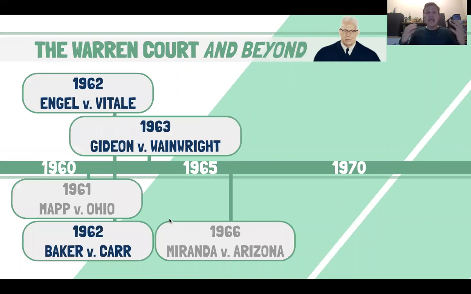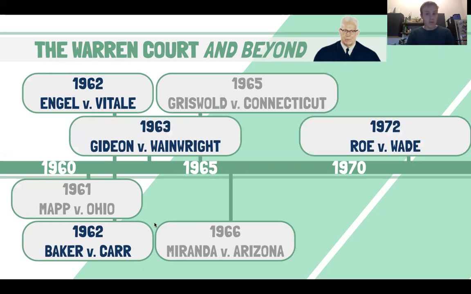Moving on, you have plenty of rulings from the Warren Court about the rights of criminal defendants. Mapp versus Ohio, that Fourth Amendment ruling about the exclusionary rule. And Miranda versus Arizona, the Miranda rights you're familiar with. Now, you don't need to know those two cases, but as we talked about, Gideon versus Wainwright also happened in this era. Moving on, the Warren Court was the one that passed down Griswold versus Connecticut, which I alluded to a moment ago, which said, yes, the right to privacy exists in the Constitution. This laid the foundation for what we just talked about, Roe versus Wade.